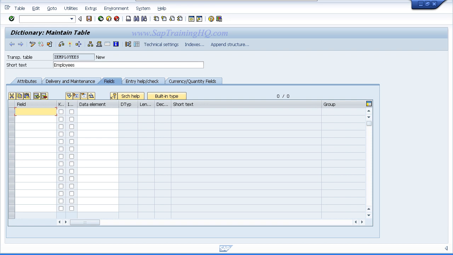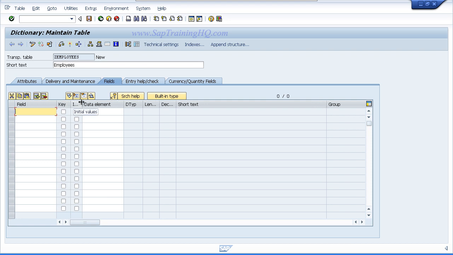There are a few guidelines that we need to keep in mind when creating fields within our table. Firstly, our field names can start with any letter at all. They do not have to begin with a Z or a Y like our table names themselves. The field names can have a maximum of 16 characters. Our tables must have at least one key field. This is used later on for searching and sorting of data, and they identify each record as being a unique record.